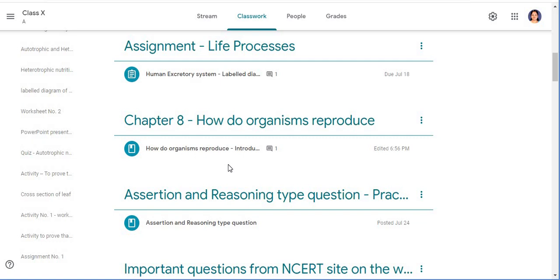Now hope this tip on organizing the study materials on the Google Classroom was helpful to at least few of our teachers. Now I think few of them would have already organized all your content, so it becomes easy for the children and also for ourselves to sort out materials. Thank you, teachers.